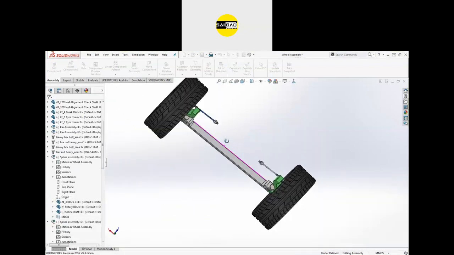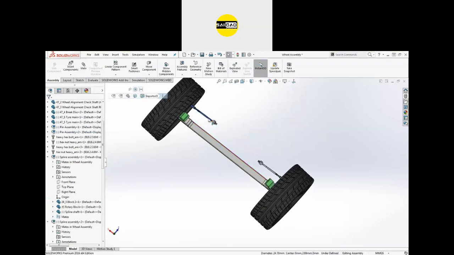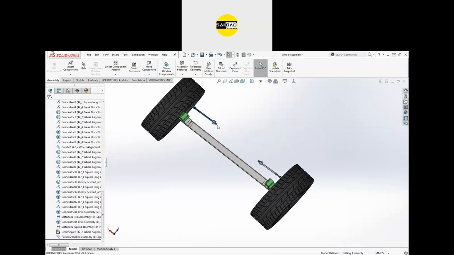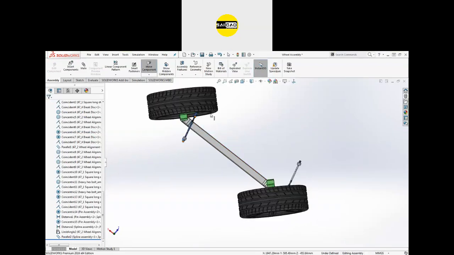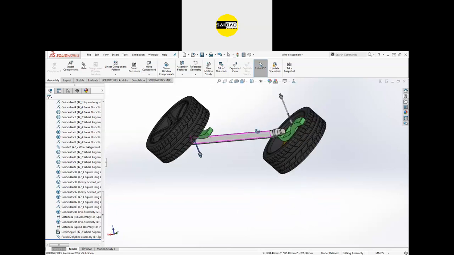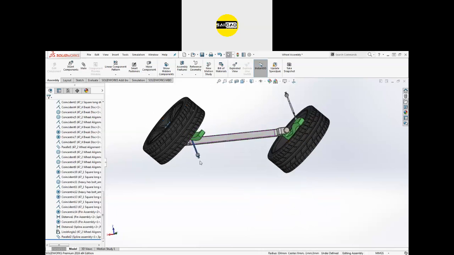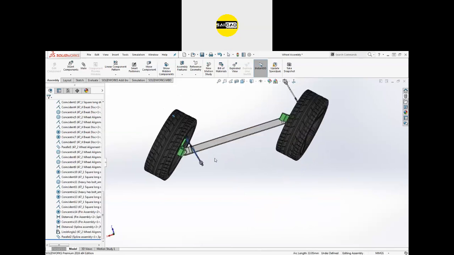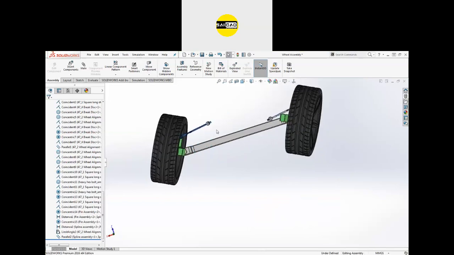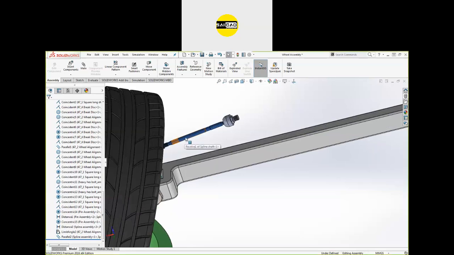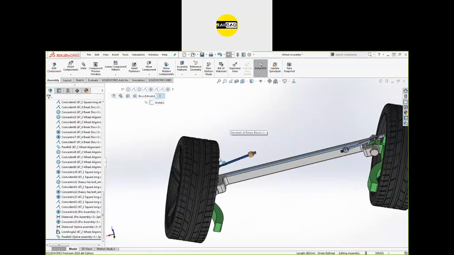Okay, and you will see the faces will remain constant. Okay, they will not move. They will only move in the direction, because we have made them parallel, so they will not move. They will create this type of error. Okay, so how to control that? We have to just align the axis of this rod to this one, so that the alignment is from here to here, and then we will not face any problem.